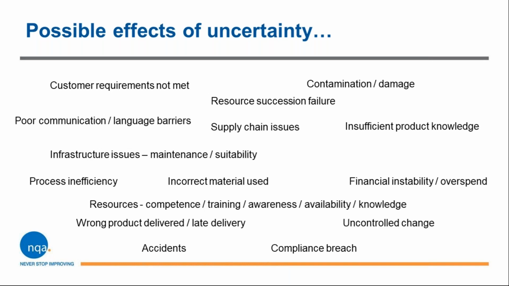And change, which we've already mentioned: uncontrolled change. Change happens, it's part of that, but uncontrolled change has an inherent risk and uncertainty with it, so you'd look at how that can be enacted. Reputation: we've all got a reputation to uphold, and there can be uncertainties and risks associated with that. So look at how these points can affect you and what you do. It's not exhaustive, just an idea of the sort of things we come across and discuss during audits. They may affect all, none, or some of you, but they're areas to take into consideration.